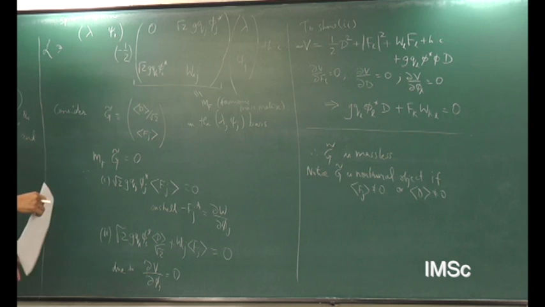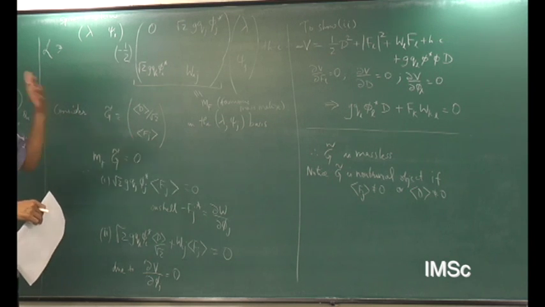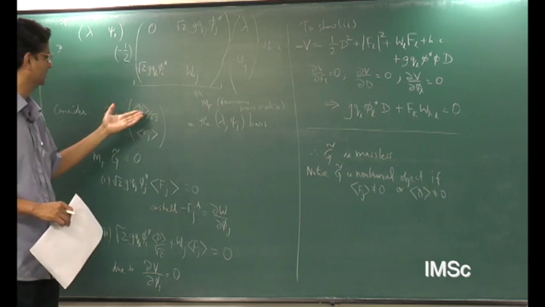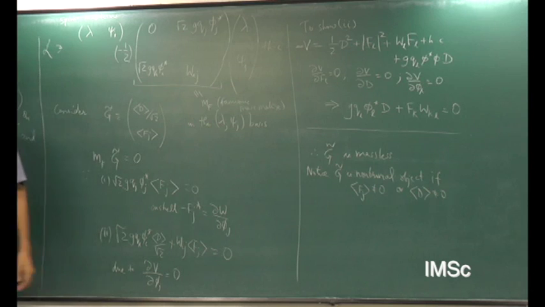On the other hand, if only D is non-zero and F is 0, then the Goldstino is just this lambda, this gaugino. And you can generalize this to many gauge groups and so on. So this is just with one gauge group with one vector multiplet, but I can have a product gauge group, and it will be a linear combination of those gauginos and so on.